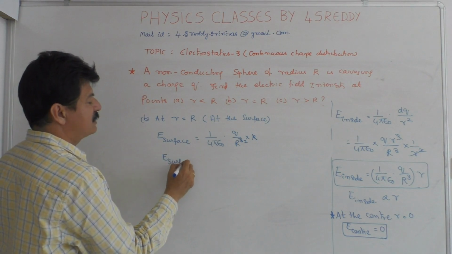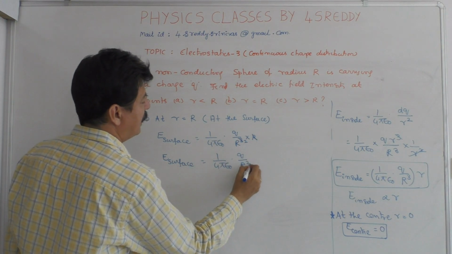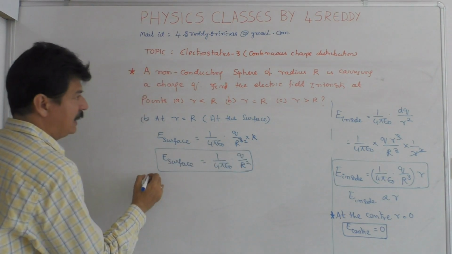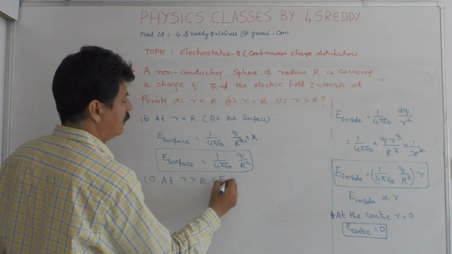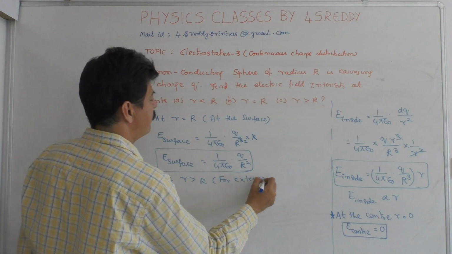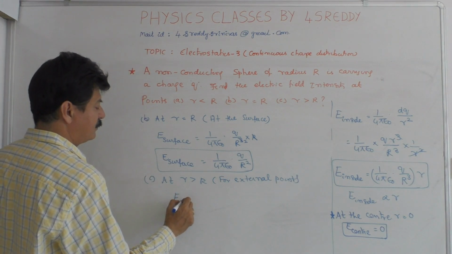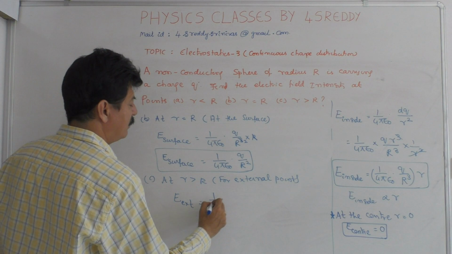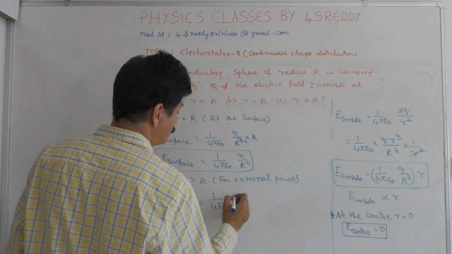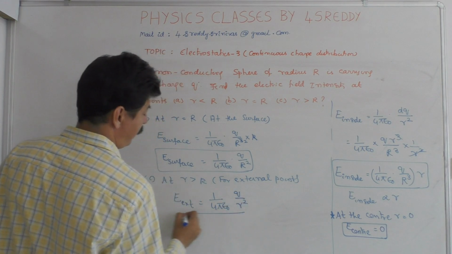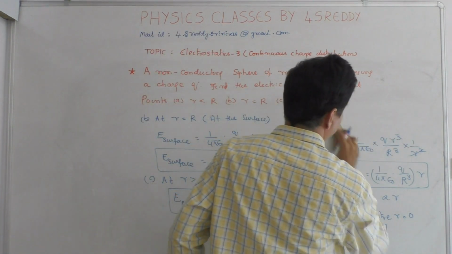Then E at the surface is given by 1 by 4 pi epsilon naught q by capital R square. And C, at r greater than capital R, that is, for an external point, E at the external point is 1 by 4 pi epsilon naught into q by r square. Therefore, when a graph is plotted,